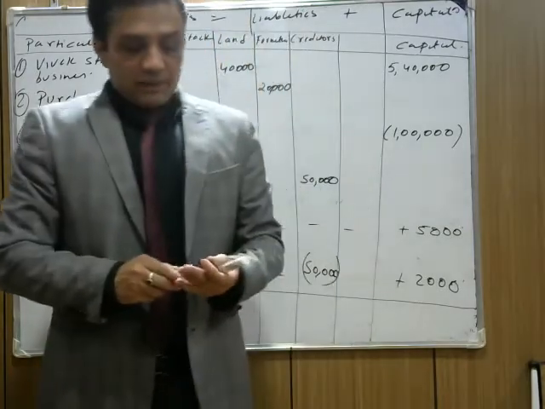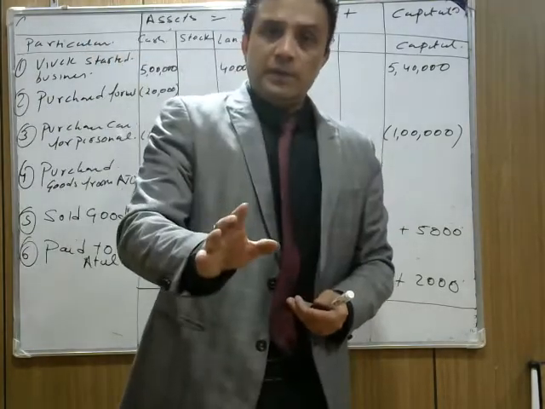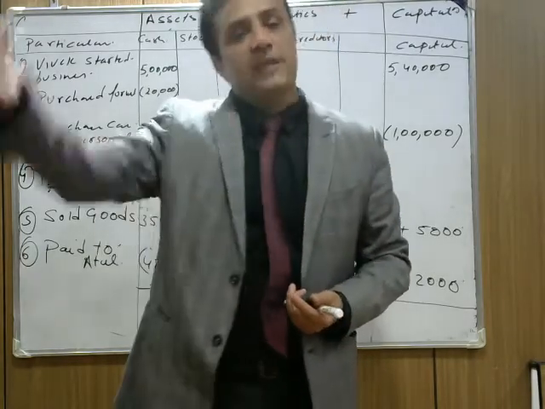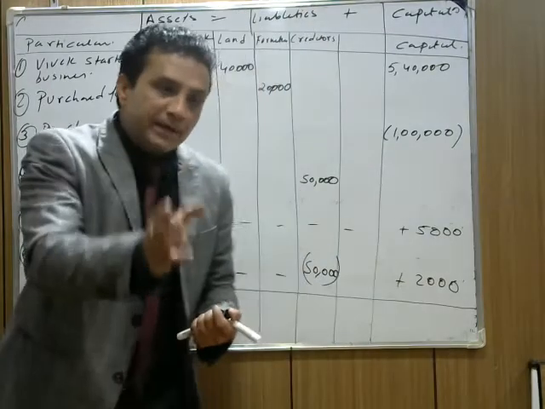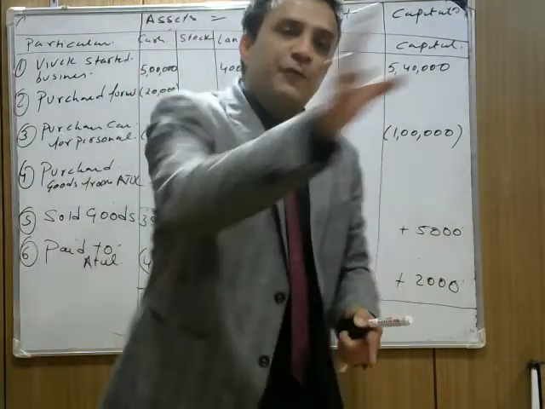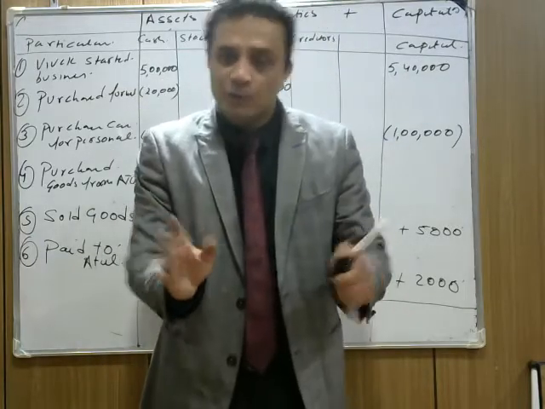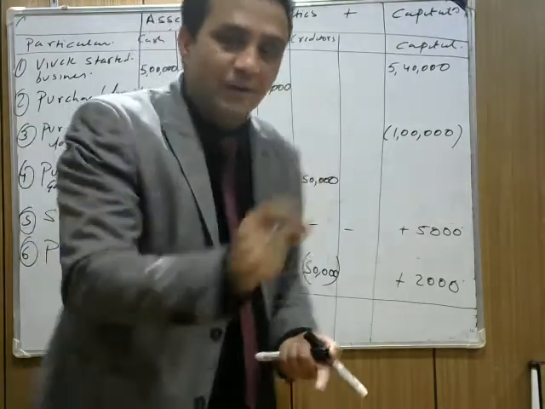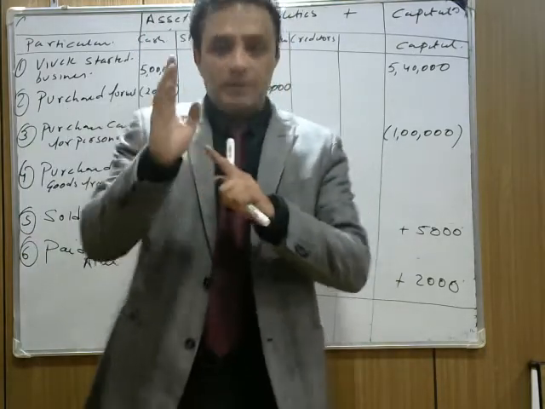Suppose you purchase goods from Atul for 50,000 rupees, and you promise Atul you can make the payment after 3 months. But Atul says if you make the payment in this week only, within 7 days, you have to pay only 48,000. Is that clear? So you pay within a week, and how much do you have to pay? You have to pay 48,000. So 2,000 profit is there for the business.